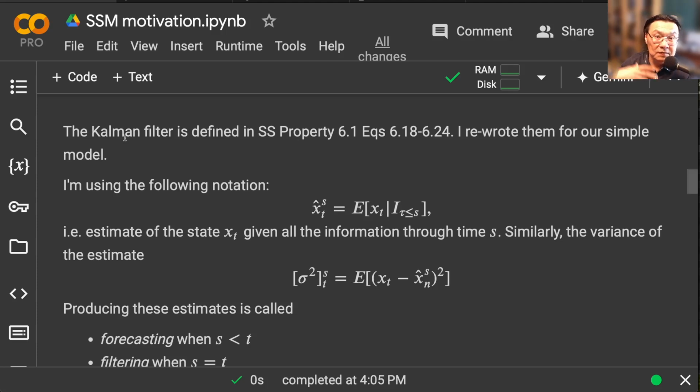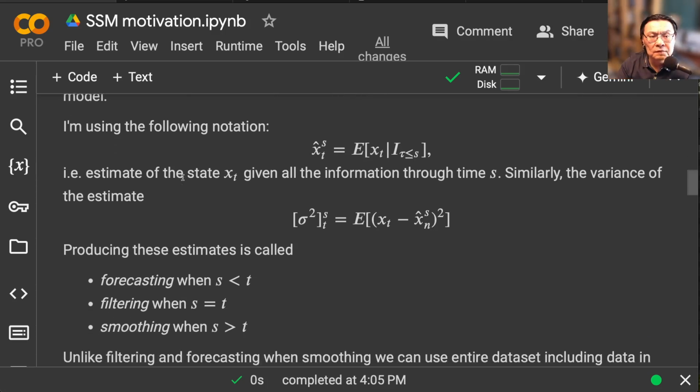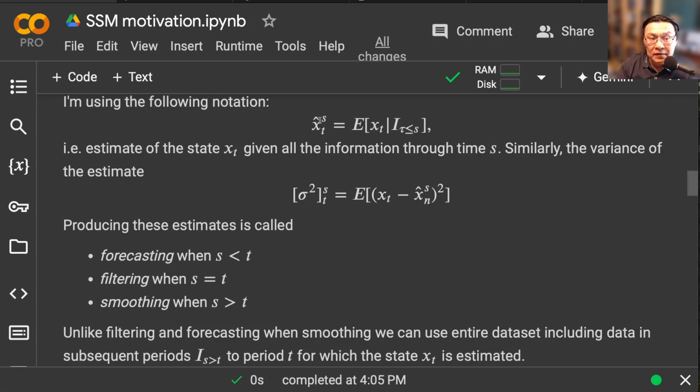Simplified it. So instead of using matrices, now we're using scalars and so on. And I'm using the following notation. When I write x hat, I mean the estimation of the state. And the superscript refers to the time, I would say, the last time where we collected data on the y variable, on a state of the world. And t is the time to which we are estimating this